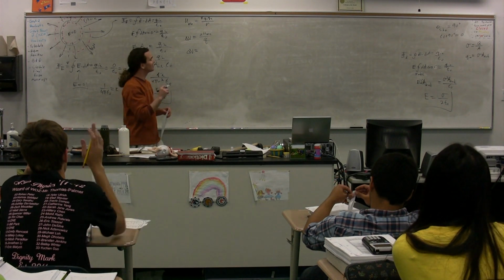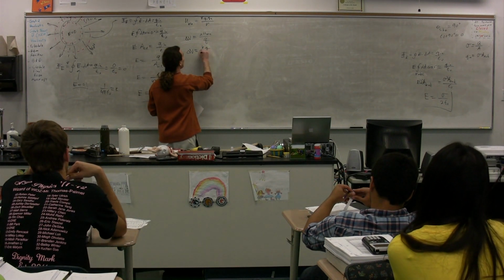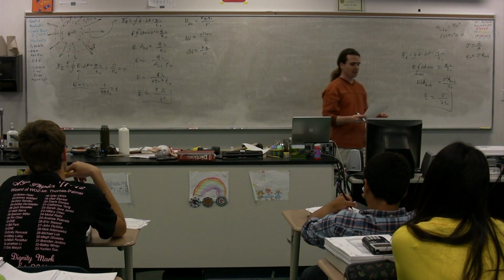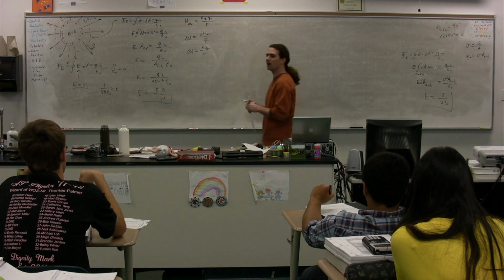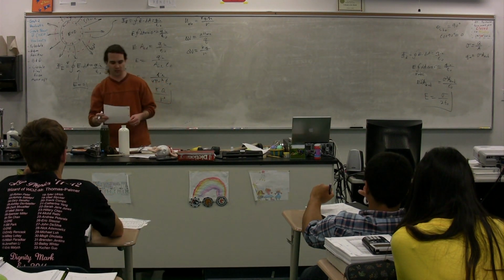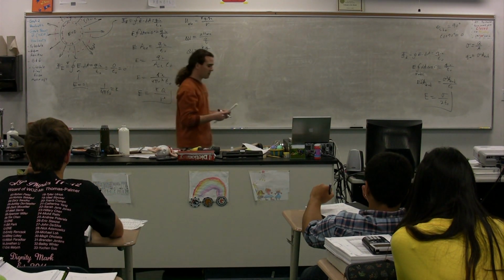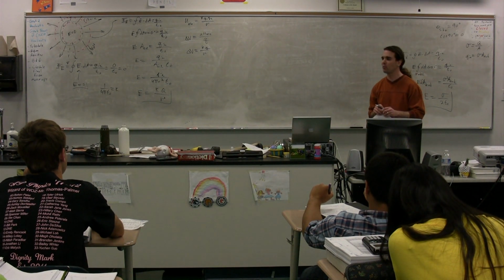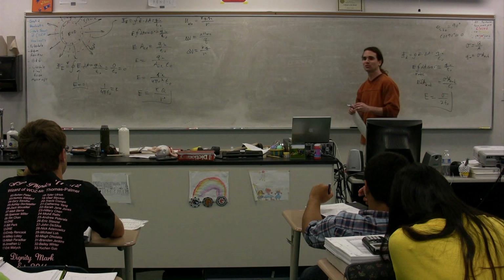Who's got it for me? KQ over R. You just combine these two equations. It's KQ over R. It's the electric potential difference between a point infinitely far away and a point r distance from a point charge. In other words, we can now use this to figure out the electric potential difference that exists between a point infinitely far away and a point r distance from a continuous charge